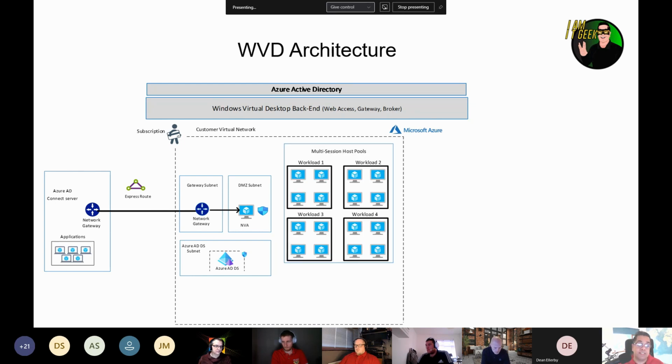And here we come to our multi-session host pools. In my environment, I've put multi-sessions. You'll notice I've got a couple of different workloads, and by that, what I mean is each workload is a different host pool. Depending on what type of workload you have, for example, you could have admin staff that just use Word, Excel and the Internet. They could use smaller virtual machines. They don't need powerful virtual machines. So you could give them a different workload, maybe an A series VM or something like that.